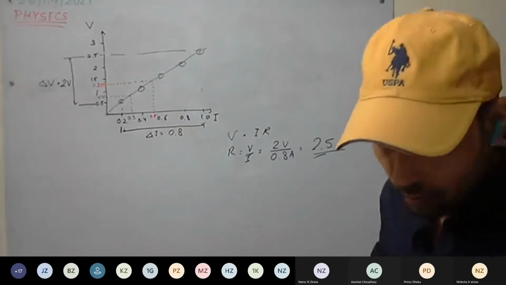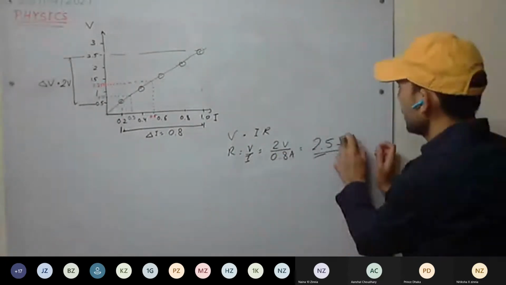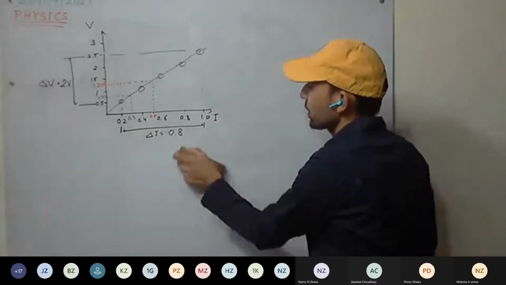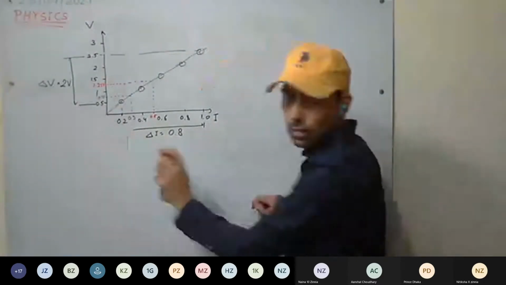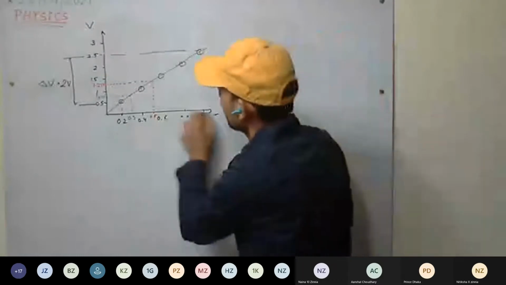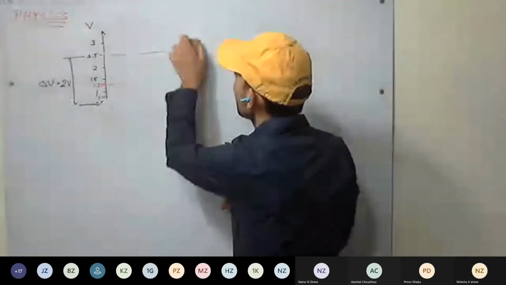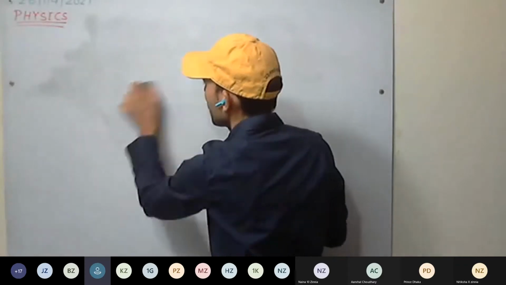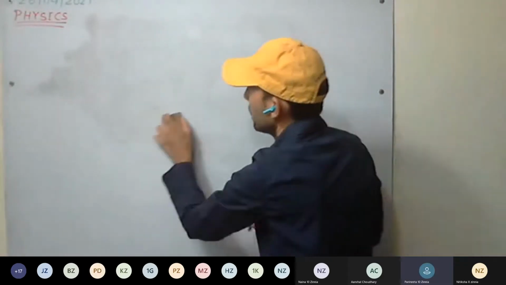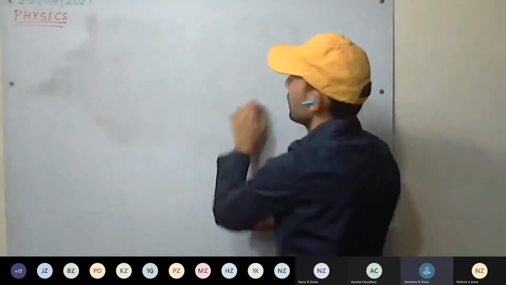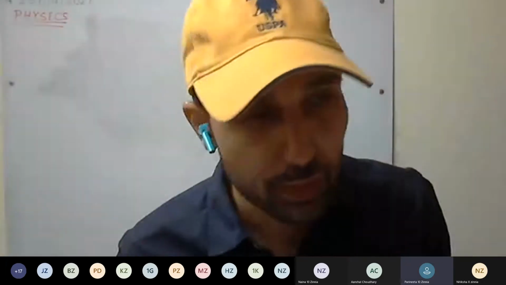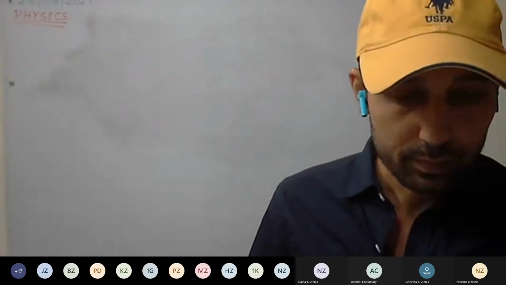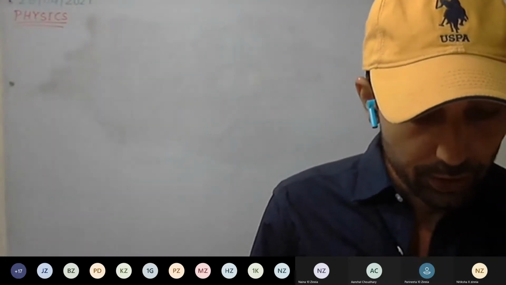Okay, do the 8th one now. The 8th one is a little bit tricky, so think and answer. Write the equation. Any doubt in the 7th question, anyone? No, sir. Okay, 8th question, do it. Sir, the 7th question graph, I have made it in my notebook. That's fine. Whenever you have graph paper, you can make it there. You'll get more accurate values.